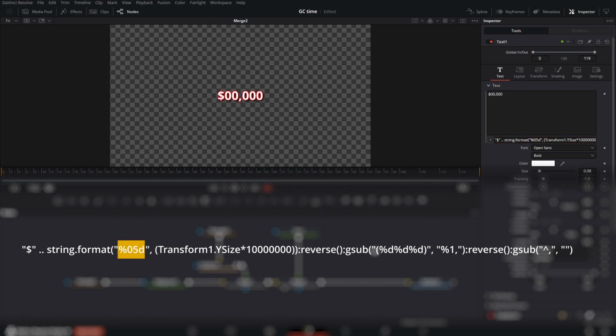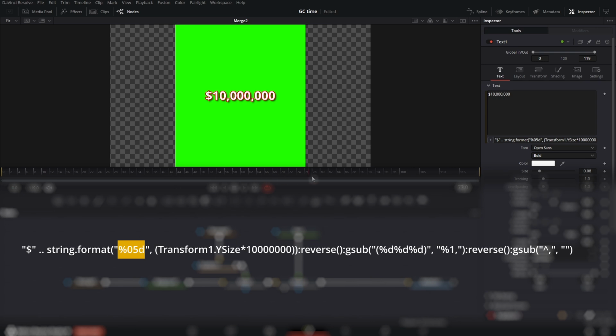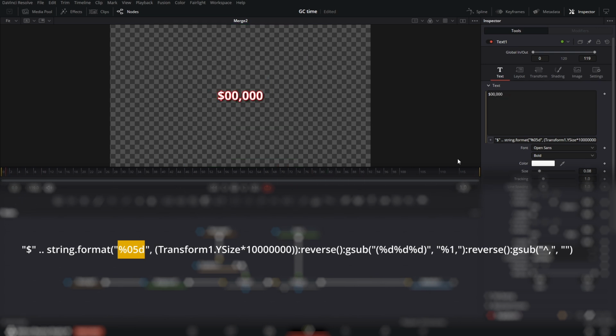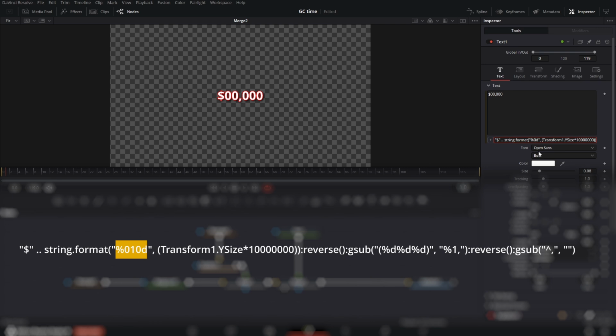05D determines how many characters are displayed at the beginning of animation. You can change it, for example, to 010D to display 10 digits, or leave it at %D to start with just 10. If you want to show the decimal places, then you write